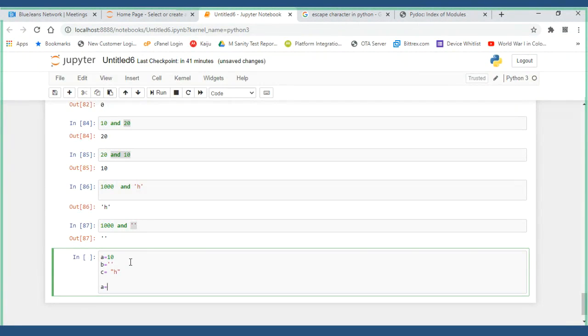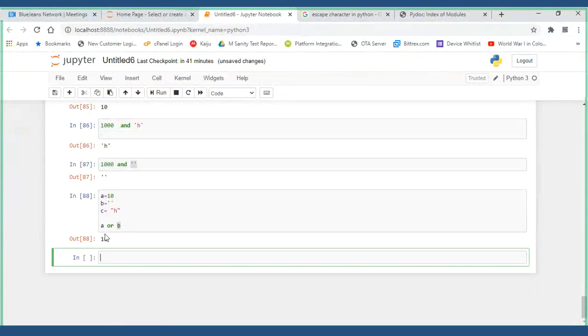So A is equal to, I'll put it as A or B. A is what, true or false? True. B is false. In any one among these two, whichever condition, like if I have A and B, the first condition I have encountered is 10, which is true.